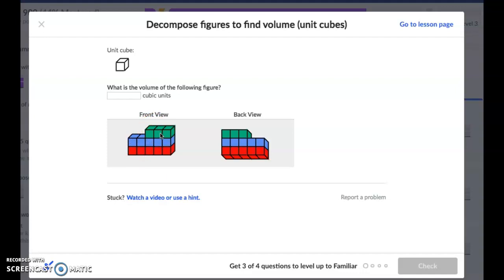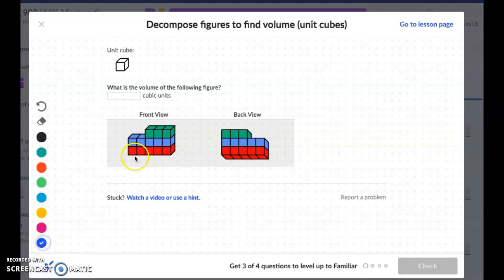If that's not making sense, then we want to ignore the green cubes at first and just focus on the blue and the red. Those ones are creating a perfect array, a perfect rectangle, so I can still use my volume equals length